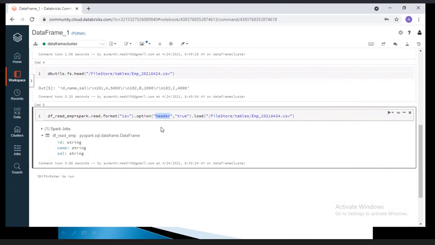Column names are mandatory, equivalent to your table. If you're not including this option, meaning header equal to false, then it will create its own column names _c0, _c1, _c2 based on your default comma delimiter. Clear, right?